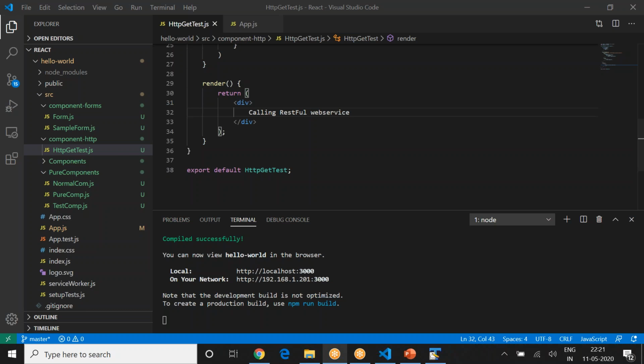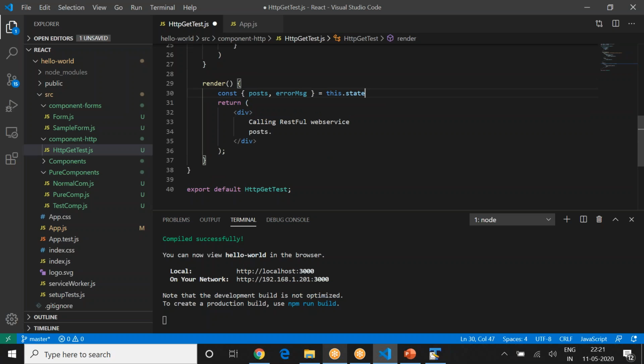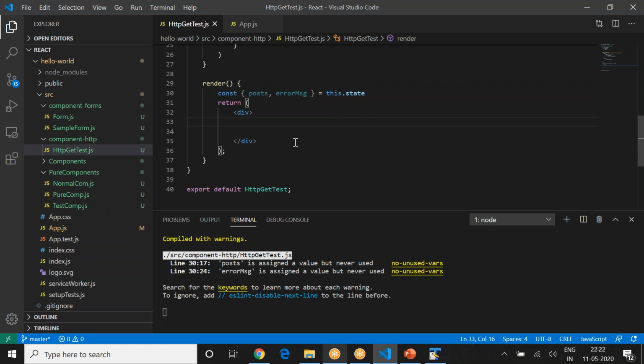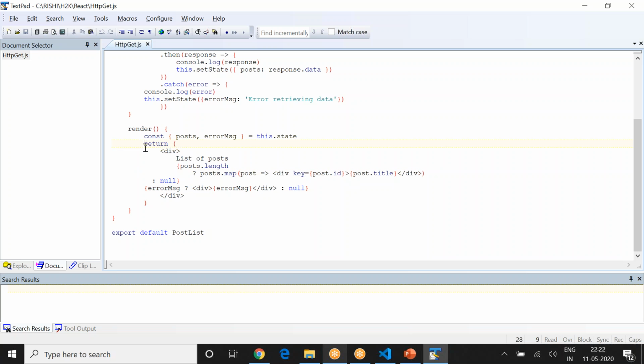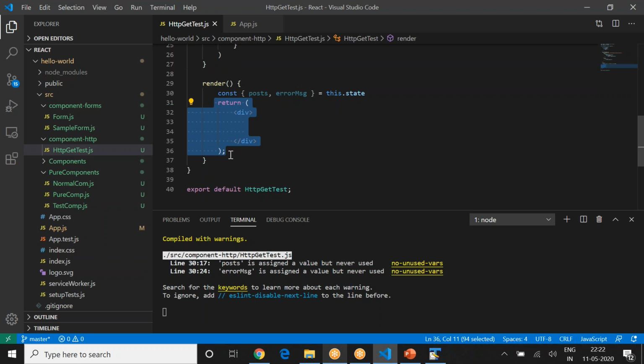I'll just say posts dot. So first thing is you have to explore that. Okay, so you want to get rid of that particular variable. So get the config, get the constants out of this state. And let me type a comment in here, which is very important. I'll explain that. I'm just grabbing it from my own code here, and I'm going to return this particular thing. I'll explain what this is.